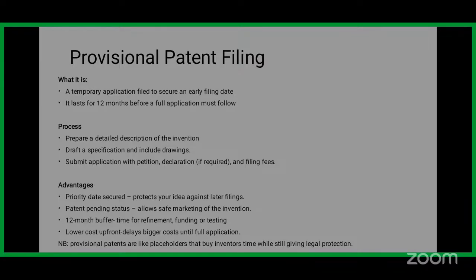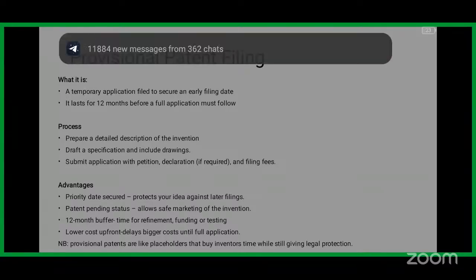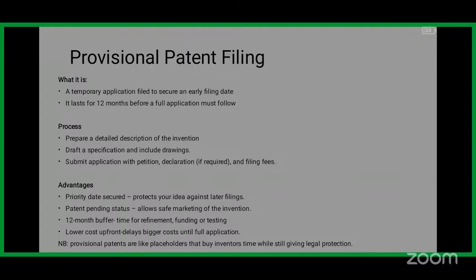Then also, patent pending status. It allows for safe marketing of your invention. So let's say, using a practical example, you want to get an investor. Let's say you don't have the necessary finance to fund your invention and you want to get an investor, but you're not yet done with the invention. You still have some modifications to make. And maybe you are scared that if you get an investor, he or she may not be willing to